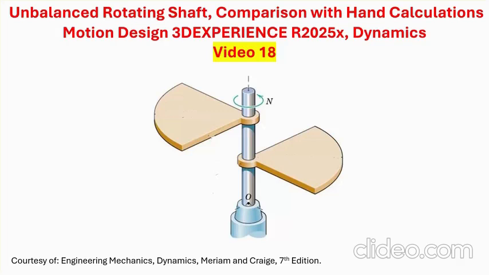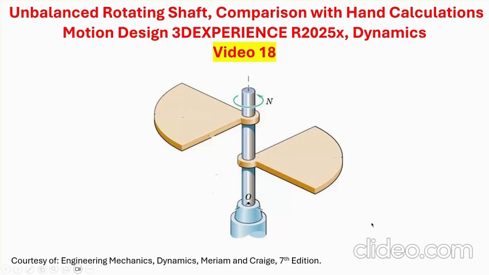In this video tutorial number 18, I will be using the motion design application within 3D Experience in order to solve a problem that is done in Merriam and Craig's book on dynamics. Basically, we have a setup like this. The shaft turns at some given angular velocity. And what we want to do is to find the static, essentially static moment, reaction moment at the point O